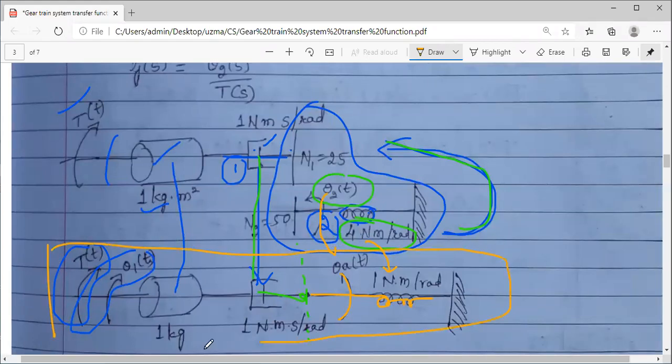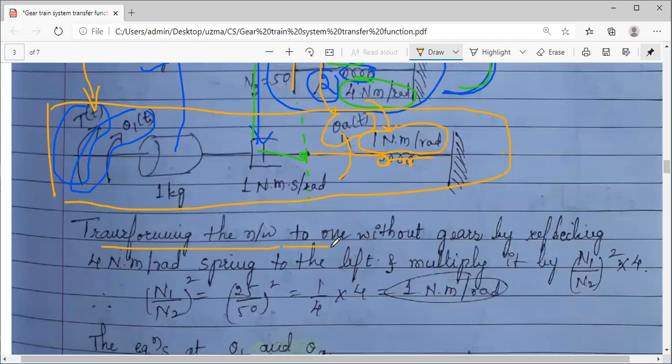So whatever we have redrawn, this is a routine normal mechanical system on which you have already done problems. You have already calculated the transfer function for such systems. You can observe in the second figure you do not see gear trains anywhere, but in the first system which is given to you, you have 2 gears. So what we have done, we have converted this given mechanical system which is having gear trains into a normal rotational mechanical system, but certain parameters need to be changed. Okay, we will see how the parameters will change.